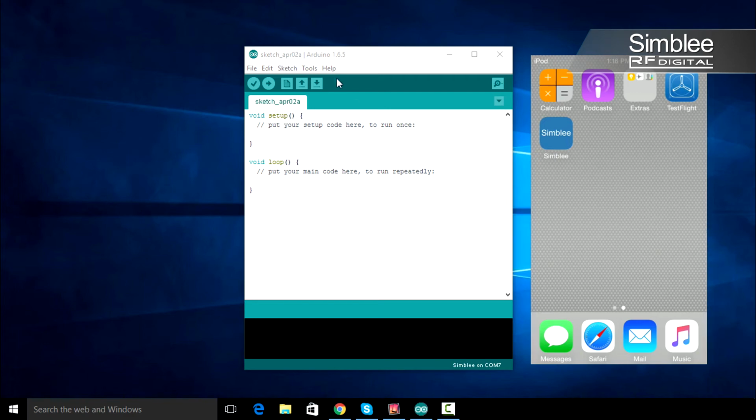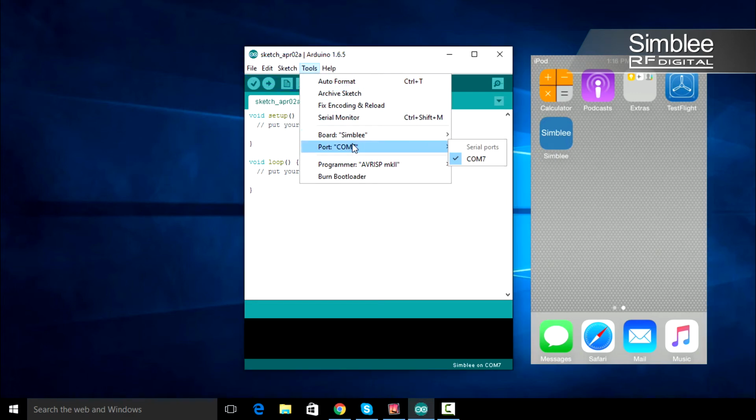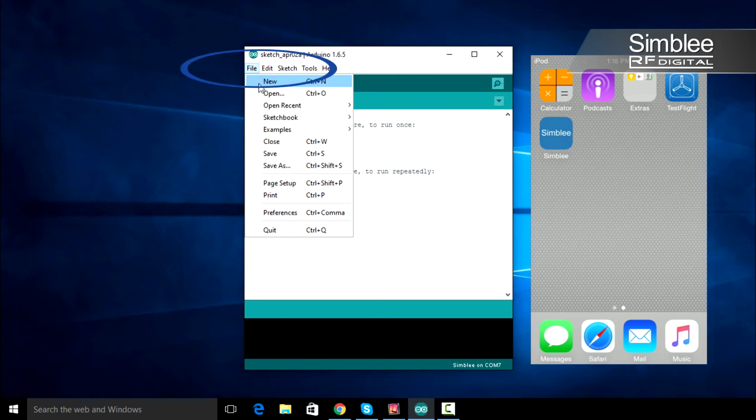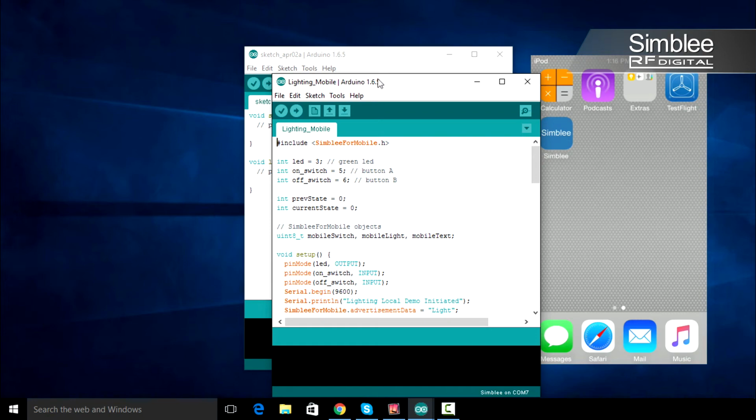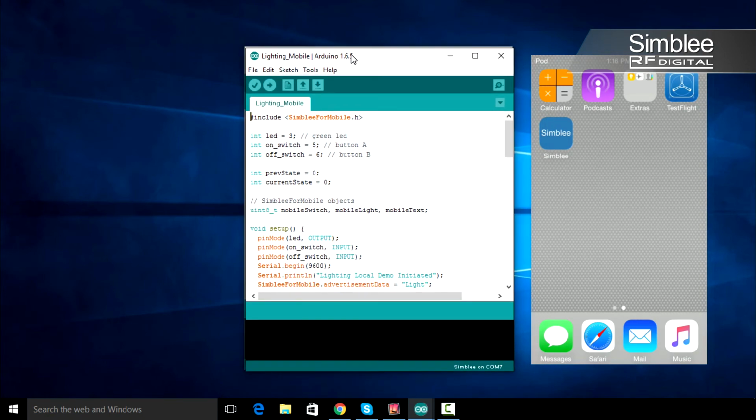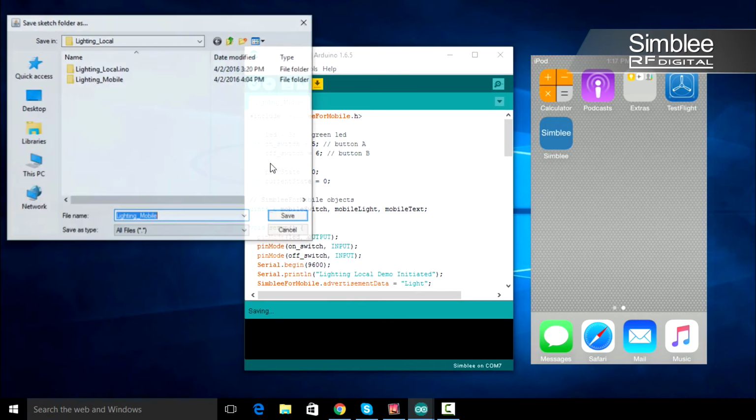In your Arduino IDE, go to Tools, Port, and make sure the correct COM port is selected for your Simblee device. Then navigate to File, Open, and open your lighting_mobile sketch. We'll be building off of that. Go to File, Save As, and save this sketch as